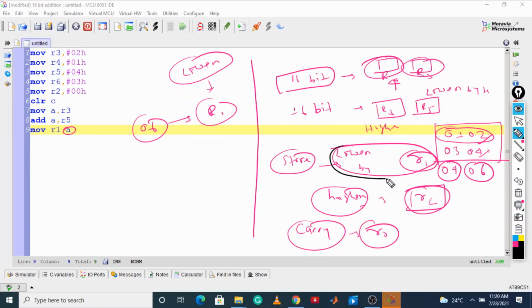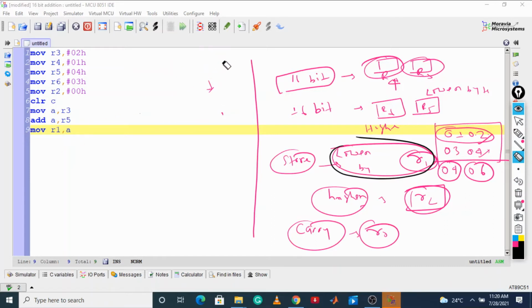This one was your lower byte of data. Here I am moving this lower calculated value to R1. Now let me erase this one. Now the lower byte has been sent to R1.